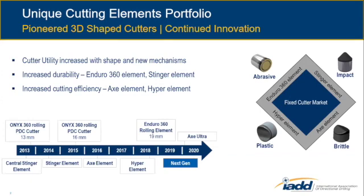So the journey of the entire 3D market started with Smith back in 2013, and AxeBlade specifically started in 2016. And really,